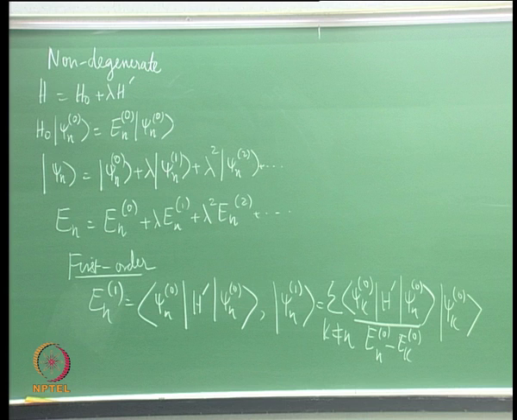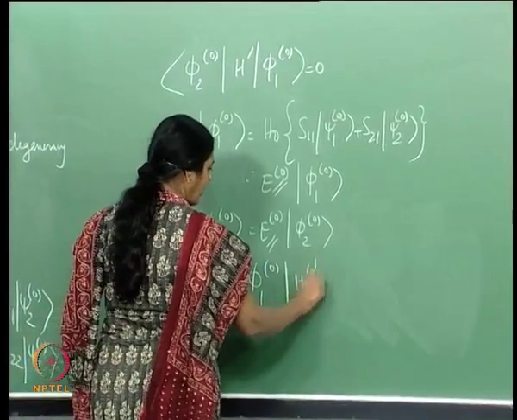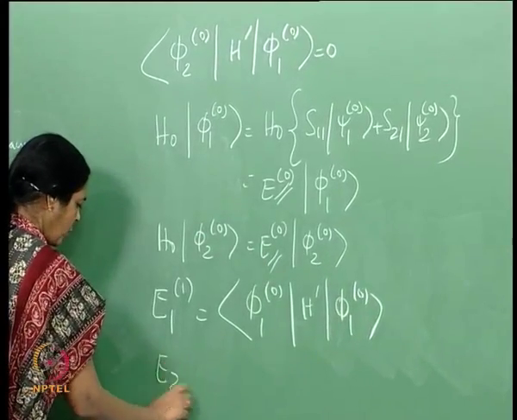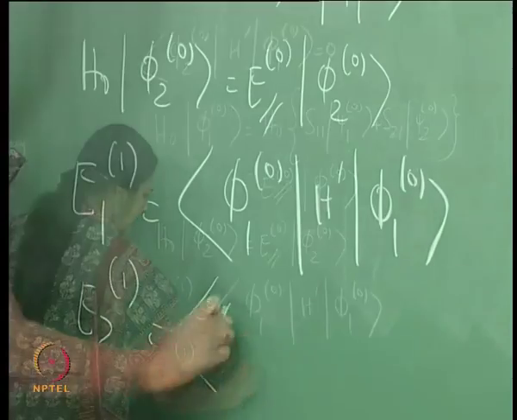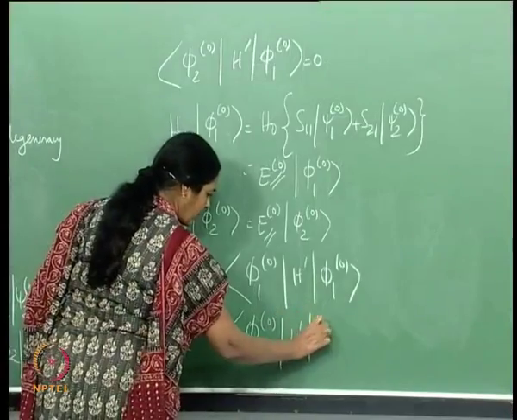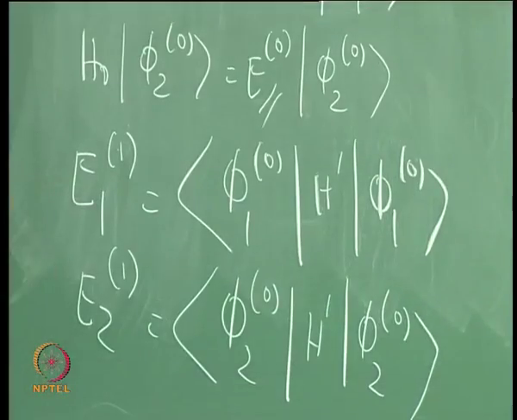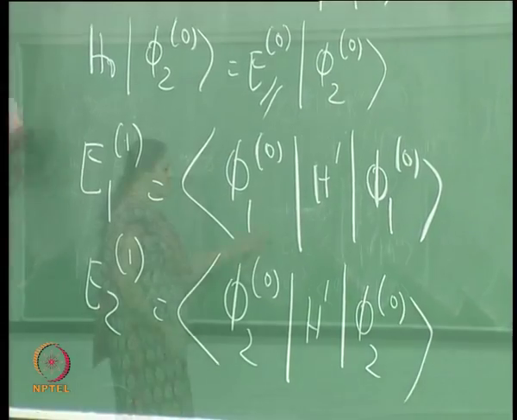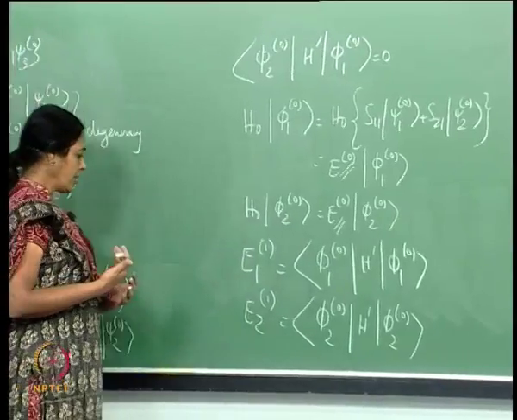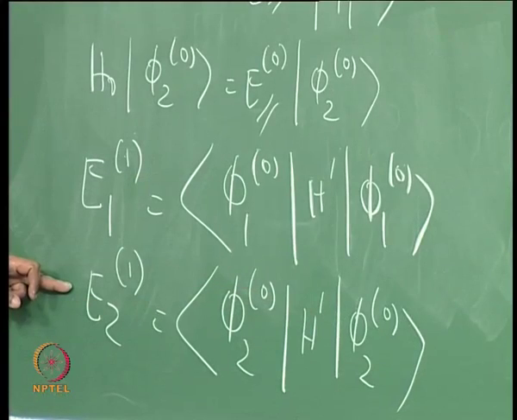So, E 1 1 is phi 1 0 H prime phi 1 0, and E 2 1 should be phi 2 0 H prime phi 2 0. So, this is essentially what I need, and the aim is to not just find these energy values